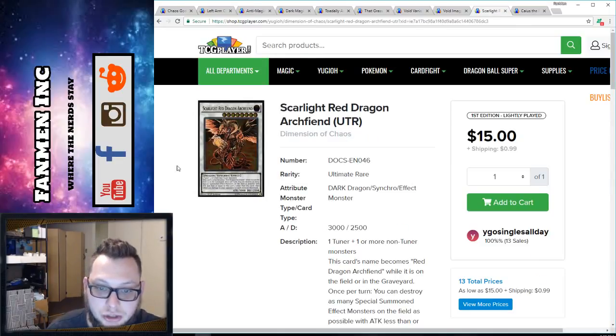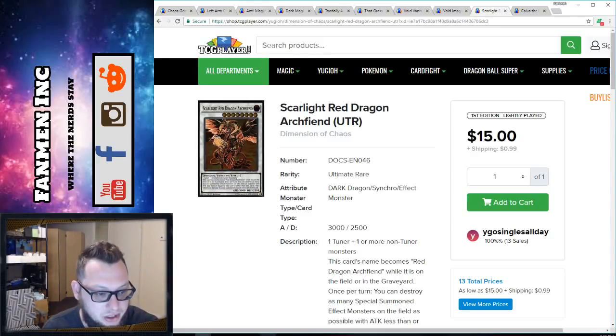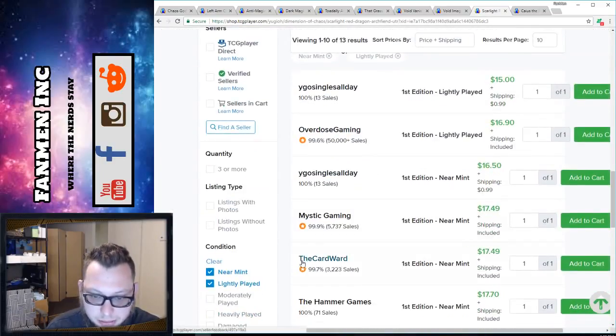Scarlet Red Dragon Archfiend Ultimate Rare from Dimensions of Chaos. It's one of the more expensive ultra rares or ultimate rares from the set. Who else was in there? I think he has a ghost rare. I think there was Vortex maybe. I'm not sure. We'll have to go back and look in a minute. But